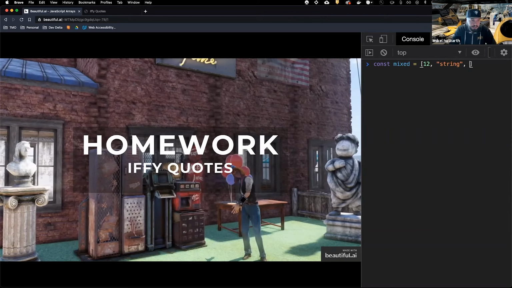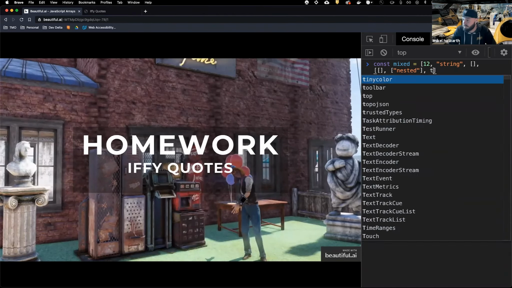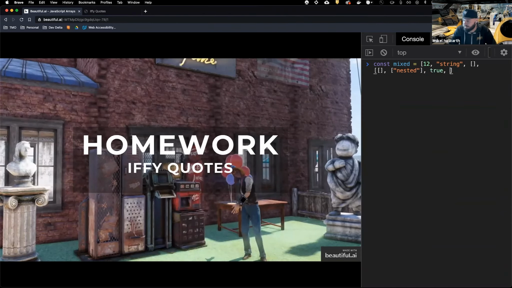It's going to have another array, an empty array. It's going to have an array that contains other arrays, another nested array here that has another string in it. Nested, things like this. It's going to have a Boolean, another Boolean, and